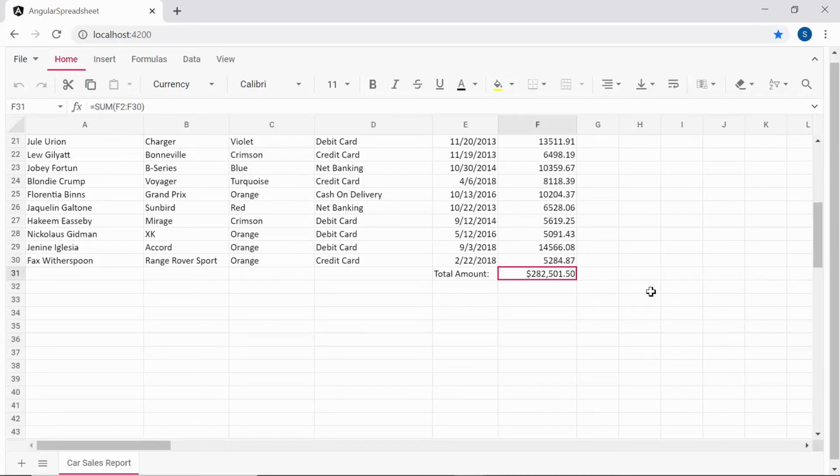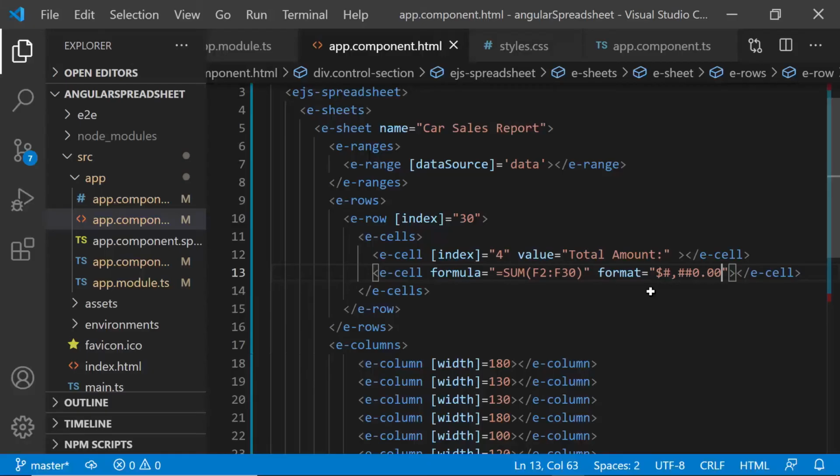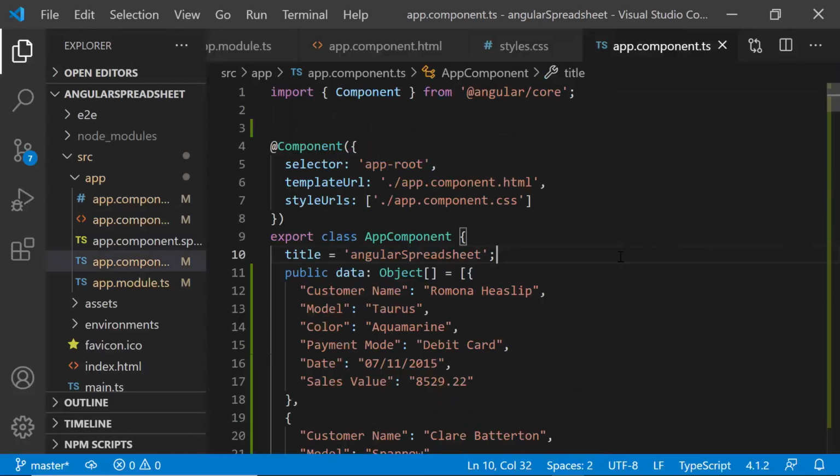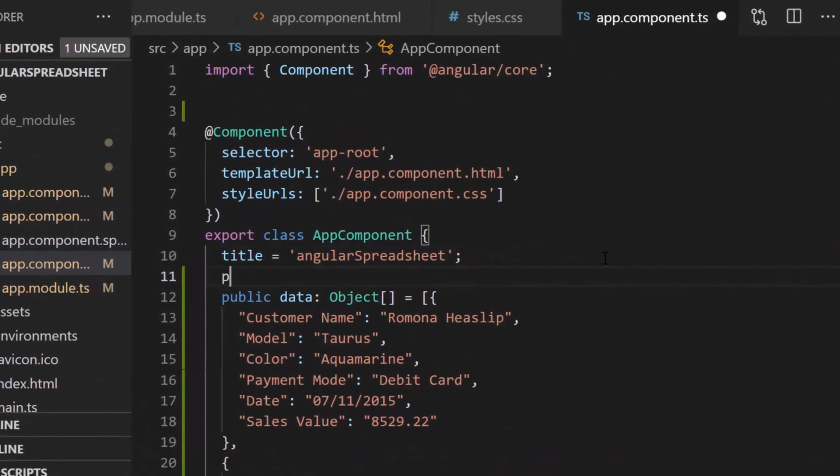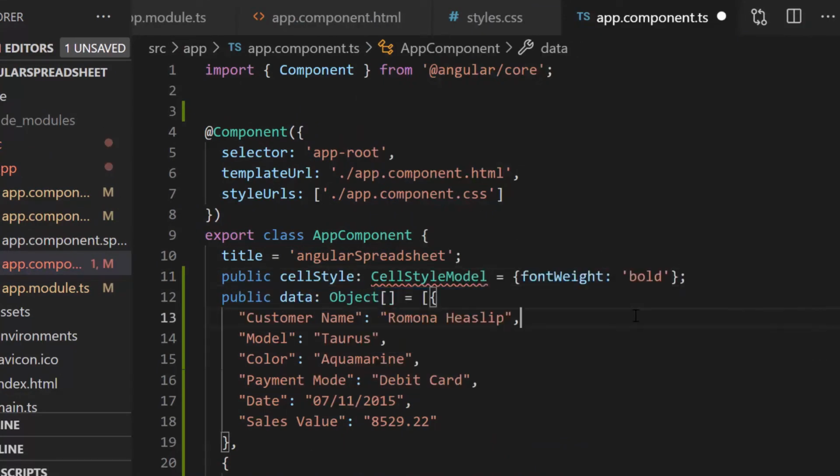Next, I will proceed to show you how to apply styles to the spreadsheet cells. Here, I am going to highlight the total sales value. So, let me open the app.component.ts file and define a variable cellStyle of type CellStyleModel and assign its fontWeight as bold.